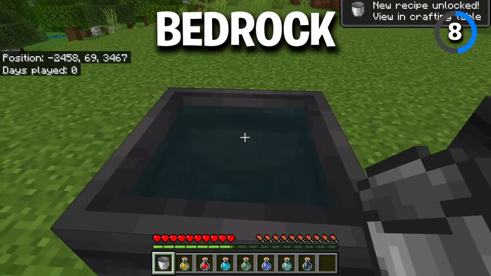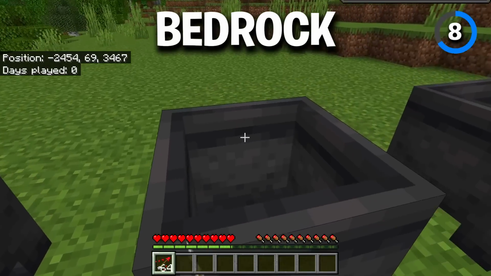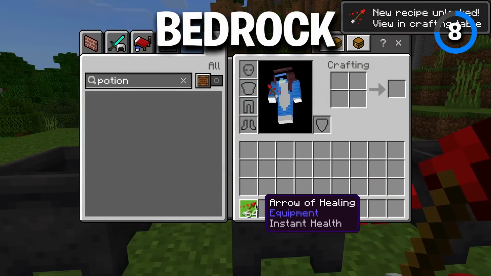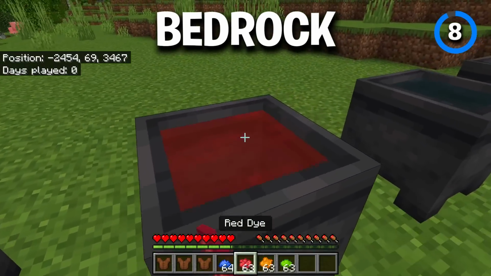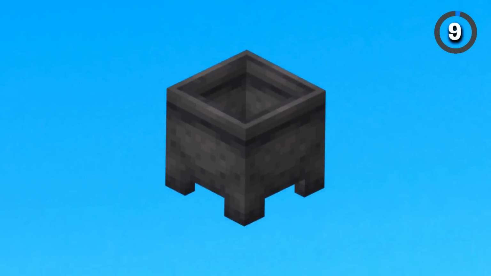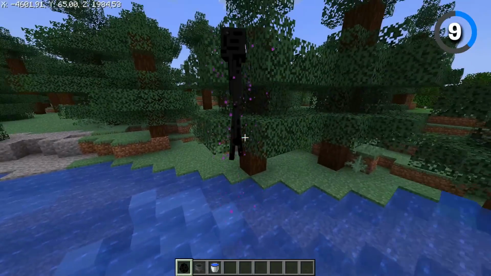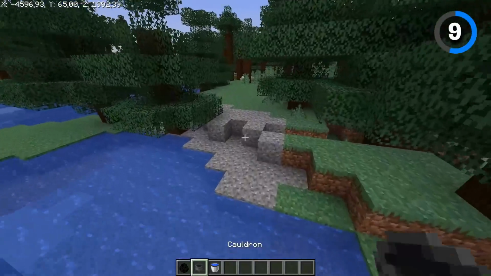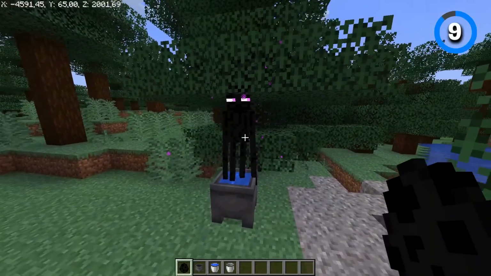Cauldrons in Bedrock Edition not only hold water, but they can also hold potions, allowing you to give effects to your arrows without using a crafting table. And you can also dye the water in cauldrons, allowing you to dye your leather armor too. And speaking of cauldrons, if an Enderman touches water, he will take damage and immediately transport into a safer place. However, if you place an Enderman in a cauldron filled with the same water, he will be there chilling